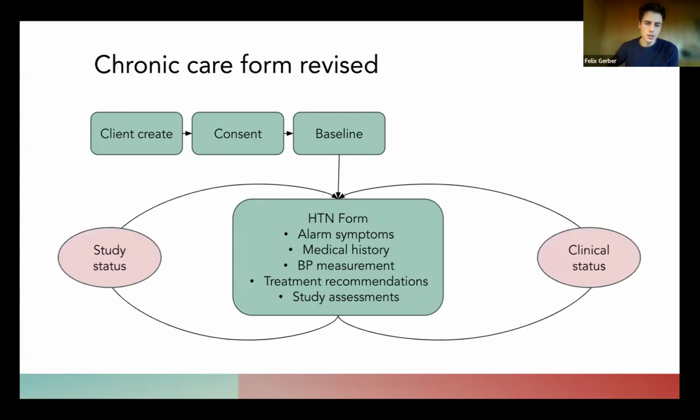And then we just calculated several clinical statuses, like a diagnostic status or a treatment status, that we then used to retrigger basically the same task, but obviously depending on what data was entered, the task would then have various pathways within this one form. And then because, as mentioned before, of the study outcomes, we also had to consider some study statuses to make sure that we get everything collected at the right point.